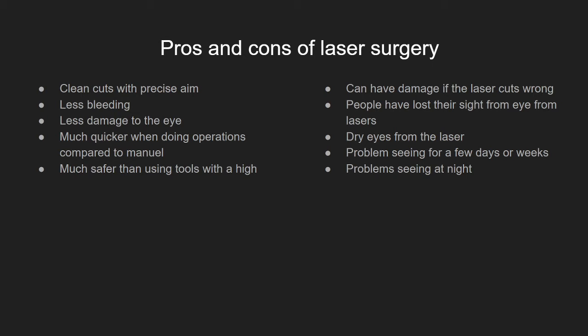Pros and cons of laser surgery. The pros are that it can make clean cuts with precise aim, less bleeding, less damage to the eye, much quicker when doing operations compared to manual, and much safer than using tools with a high